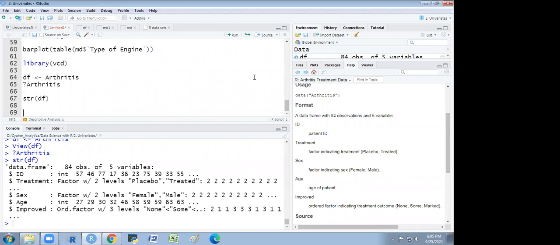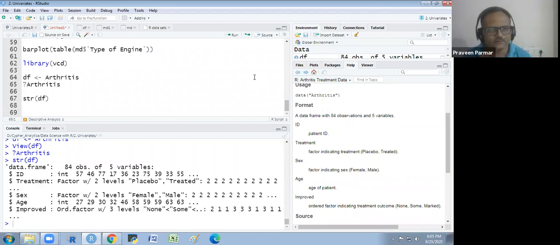So what is an ordered factor? Ordered factor means none is lower than some and marked. There is some order.